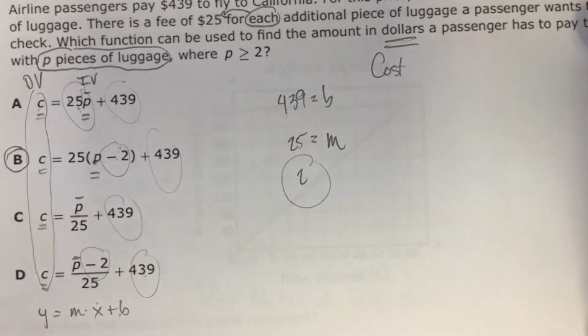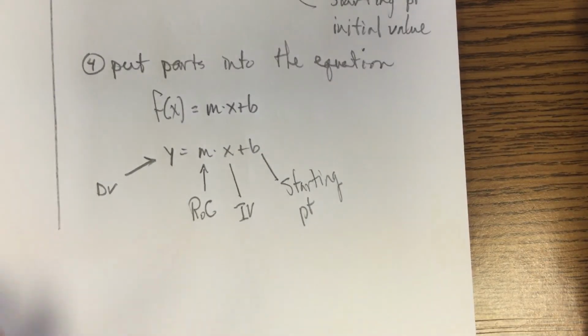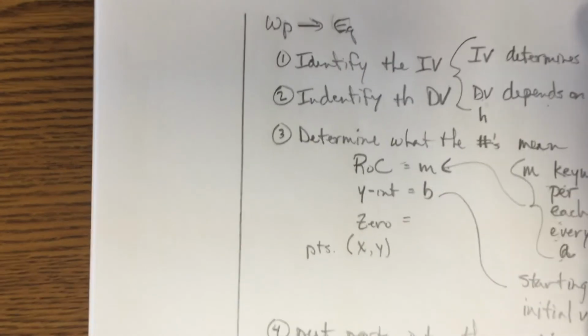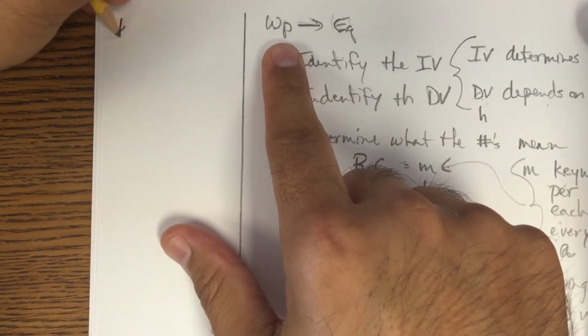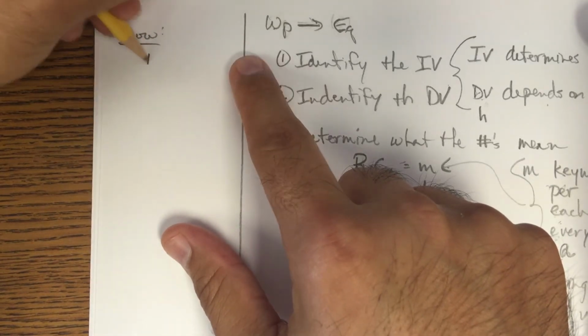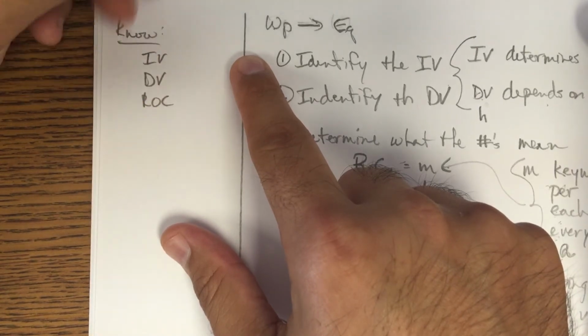So ladies and gentlemen, if we follow the process and do a bit of thinking, we'll be able to write equations from graphs and from word problems. Let's just make sure we're all on the same page. What are the things that we need to know, and what are the things that we have to be able to do? In this process of writing equations from word problems, the things we need to know are very similar to what we've already talked about. We need to know IV, DV, rate of change,